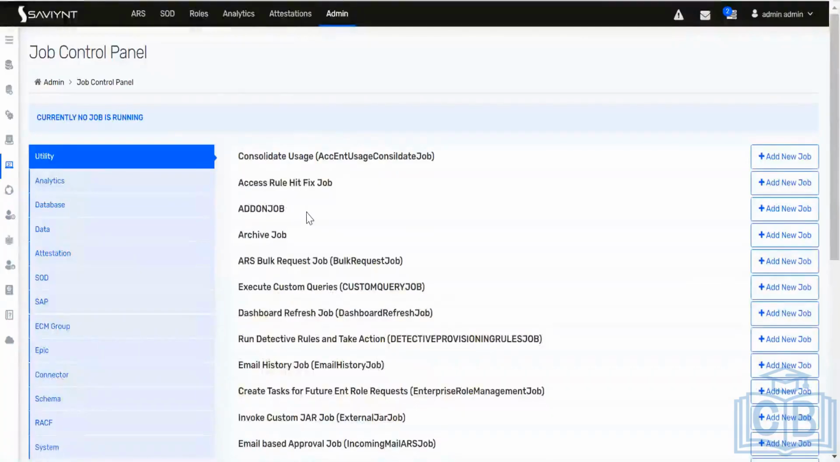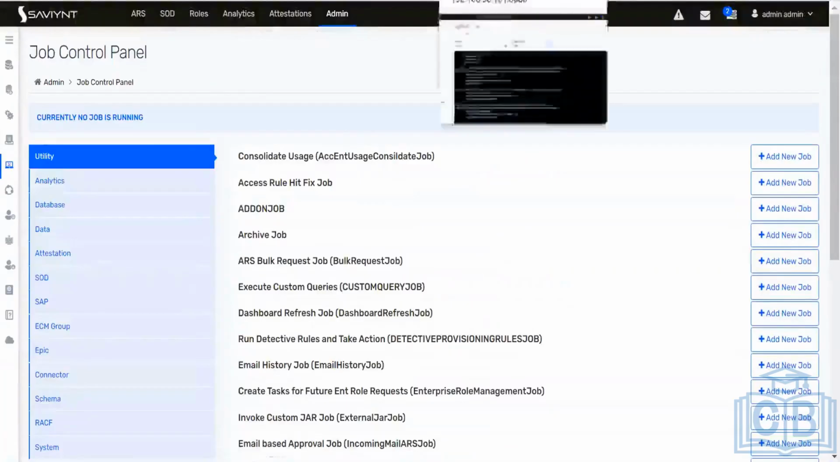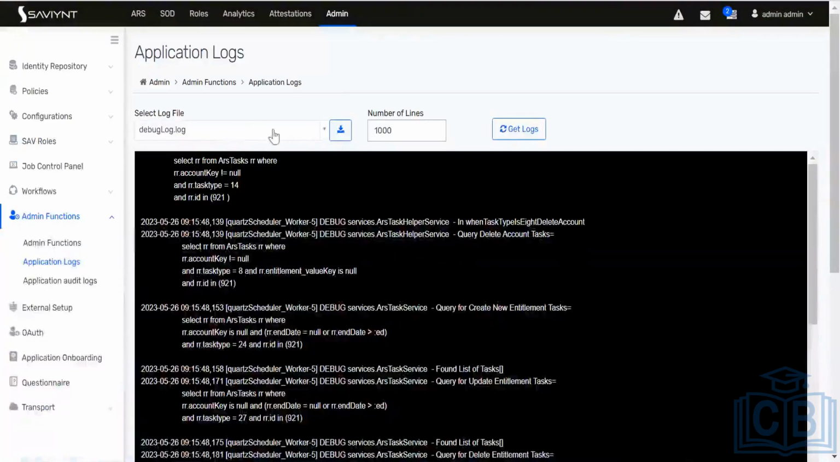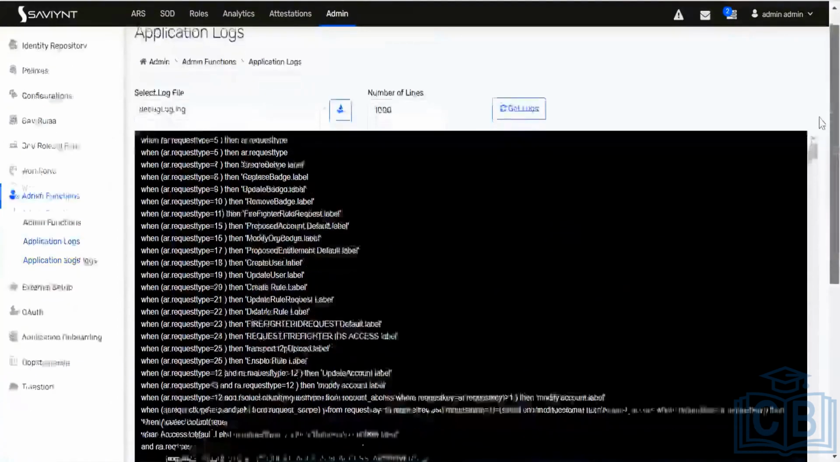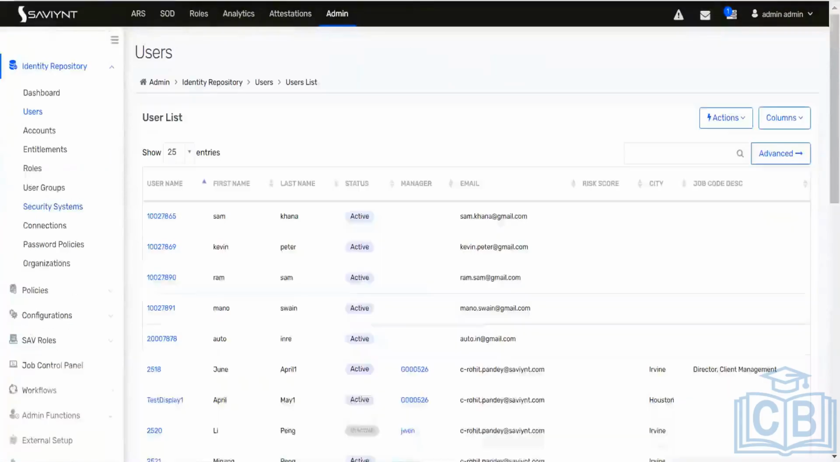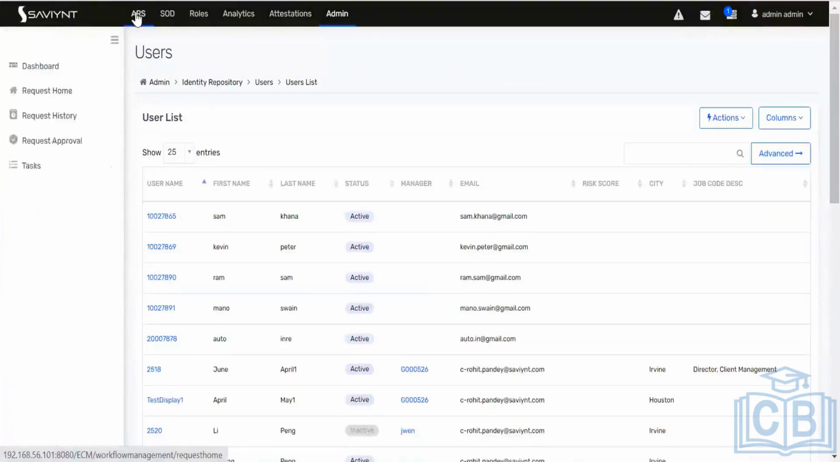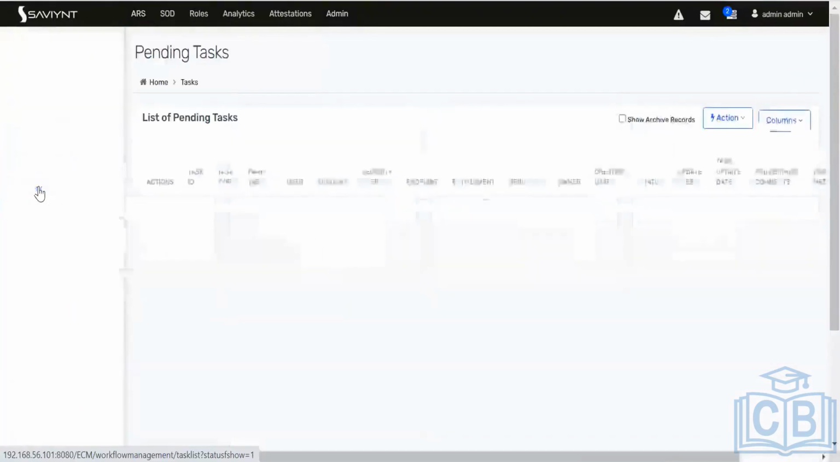The job is processed. It is done. Let me go to the application log and grab the log. The log is here. Keep it inside and let's see whether our task is processed or not. Go to this other menu, click on the R, S again, go to pending task and click on pending